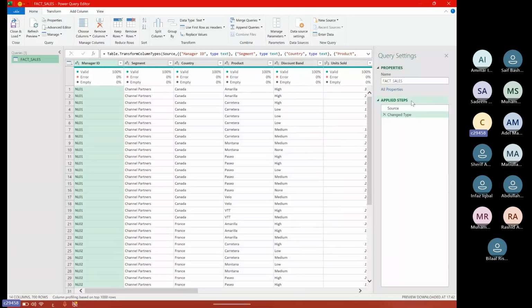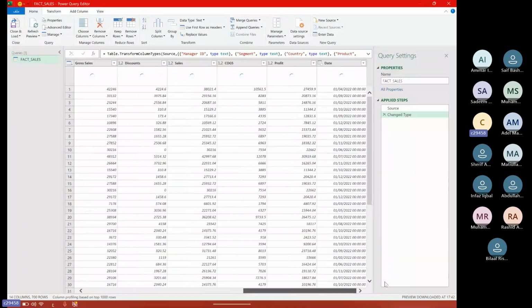We have something here called Applied Steps. These applied steps are recorded in the cache memory of Power Query. So every month when you update anything, it will be with you because you have these applied steps. It's like a macro, if anyone has worked with macros before: the steps are in the memory of Power Query. So anytime you give it new data, the steps will apply. We will give you just a small example.